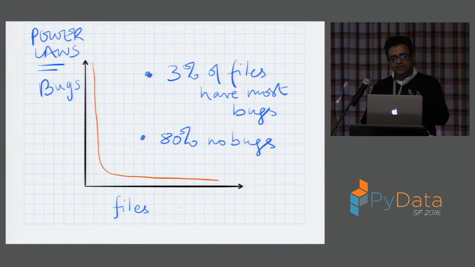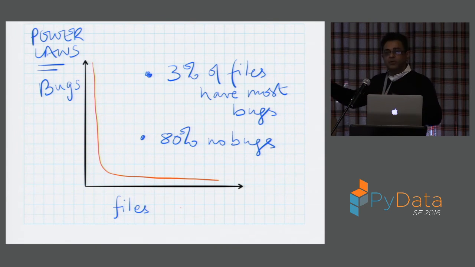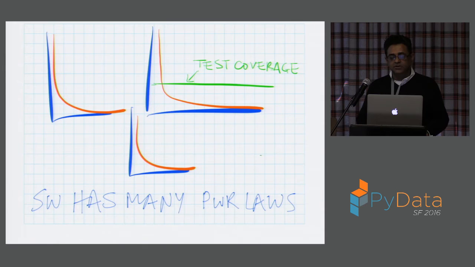Now, this is the thing that I wanted to show you: by the way, power laws happen everywhere in software engineering. If you look at the research, there are a lot of people at universities that do quantitative research on software engineering, and they find not just bugs with files, but a lot of other issues have power laws. So it's not normally distributed, and it's not uniformly distributed. And so the problem we have in the industry today is that test coverage assumes that risk is uniformly distributed across your files. If you look at this diagram up there, take a look at the area on the left. There's a tremendous amount of risk, but we don't have coverage of that.